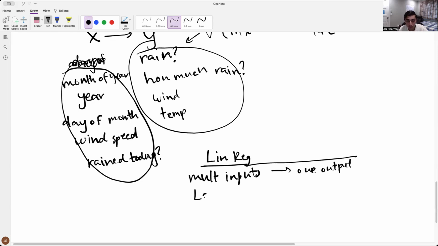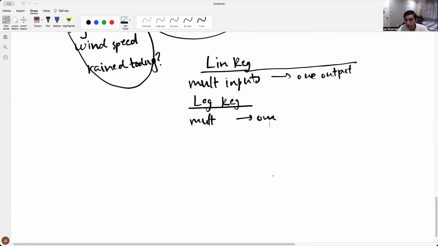In logistic regression, you can have multiple inputs and only one output. So many to one, I guess. And the one being a sort of probability of whether or not it's going to rain tomorrow, that kind of thing. But in neural networks,